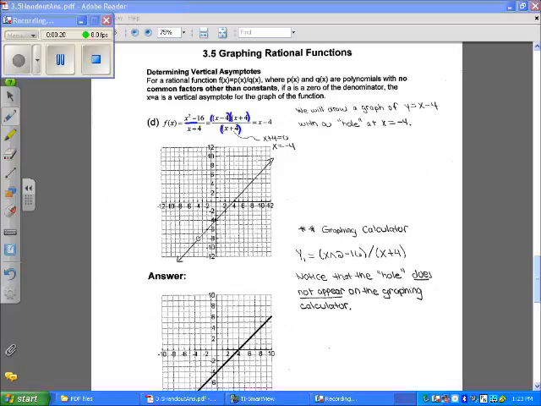By definition, if we look at the original function, we know that one value that cannot be in the domain is anything that makes the denominator equal 0. So we know x cannot be equal to negative 4. That cannot be in our graph. Okay, if we look further at our function,